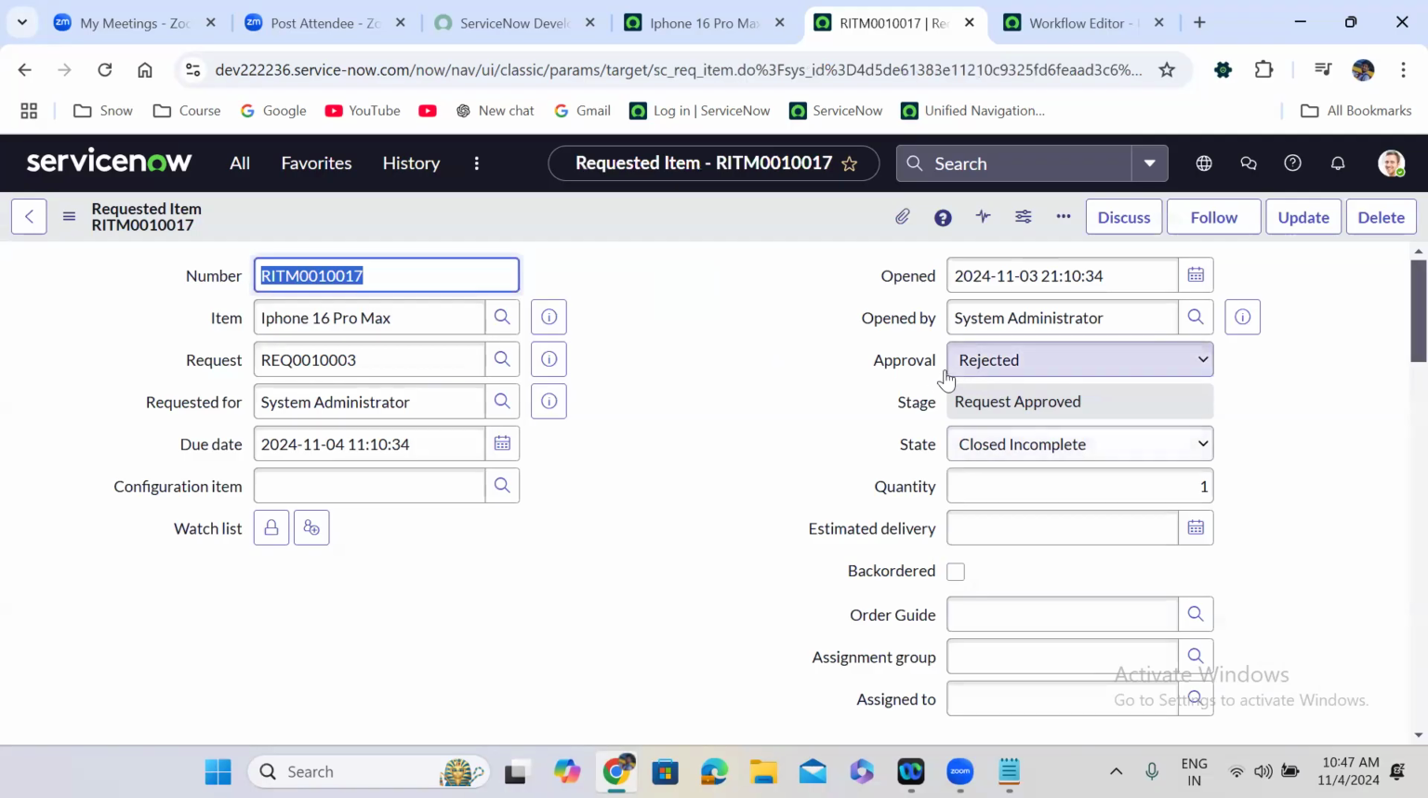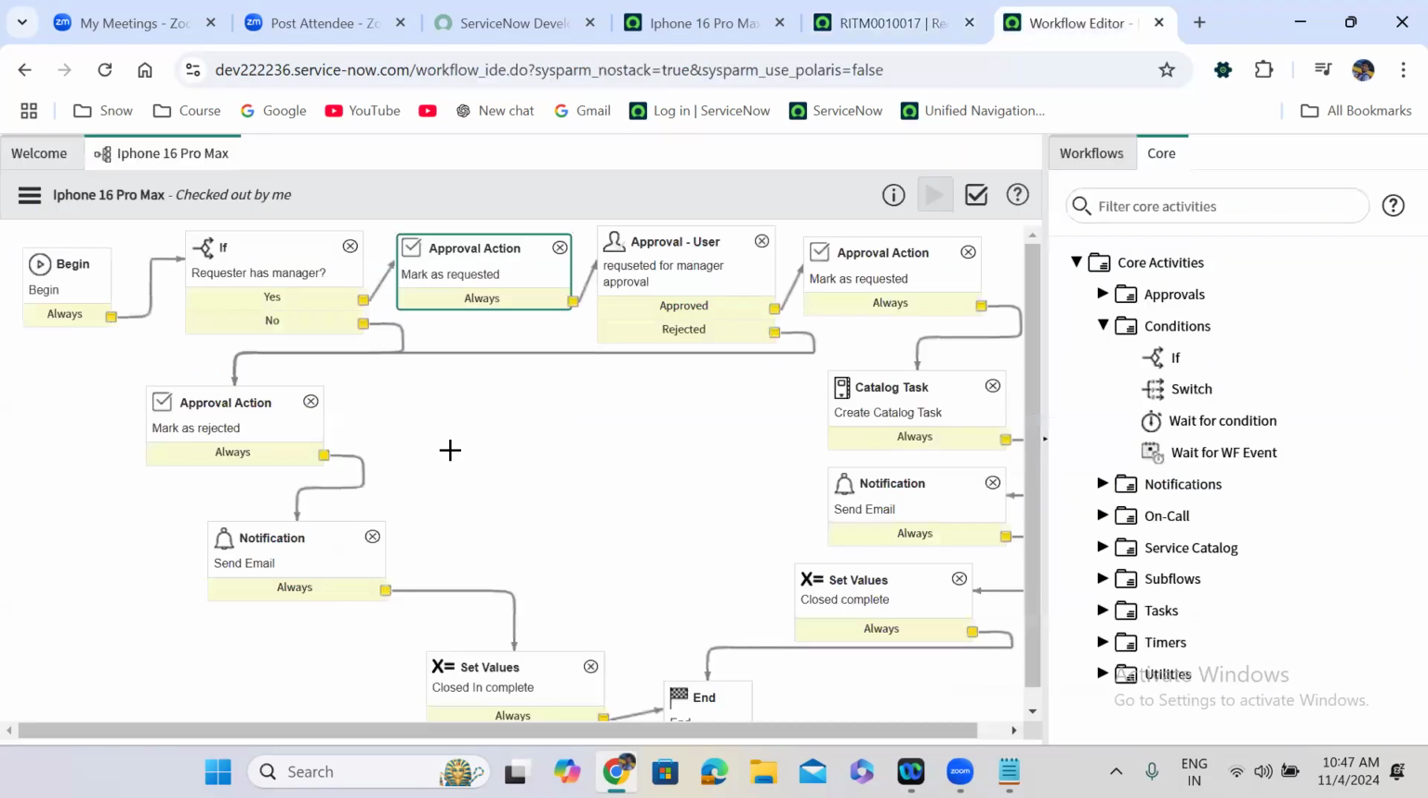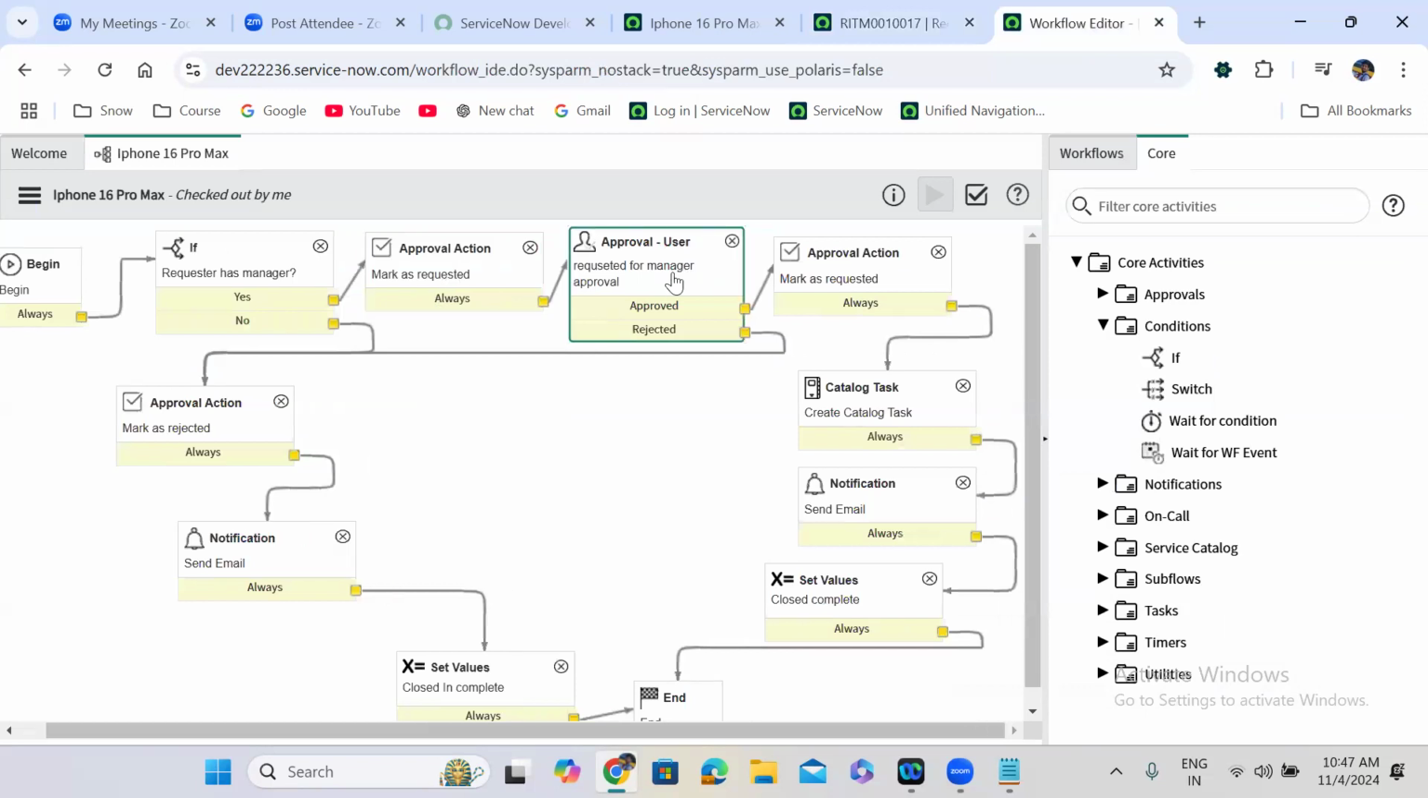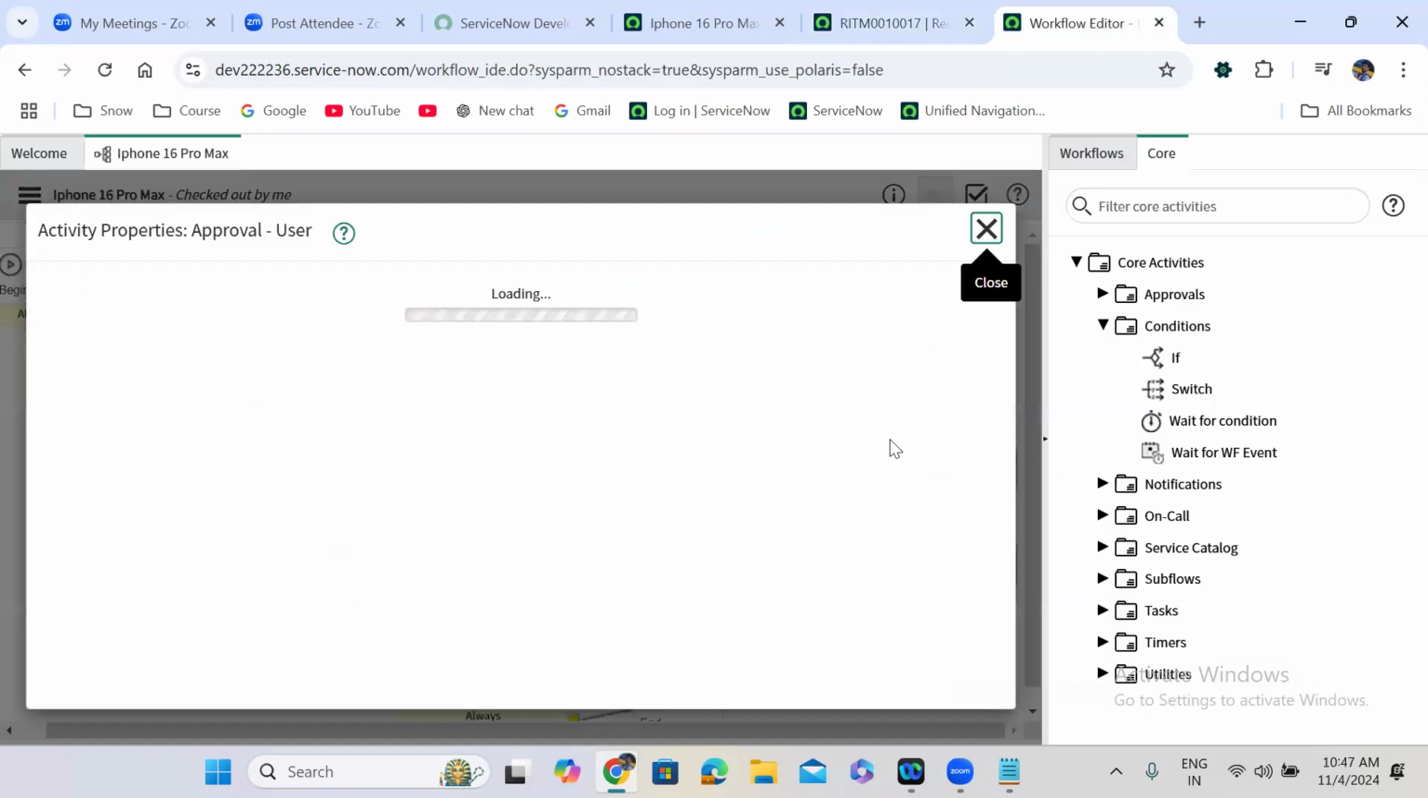Okay. You can see the approval field. It is actually showing here as rejected, right? Okay. So what I'm doing is using this activity, I'm keeping the approval state as requested. Then I am sending an approval to the requested for manager. So you can see,